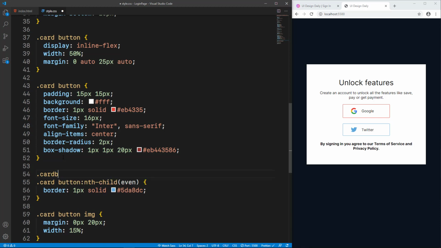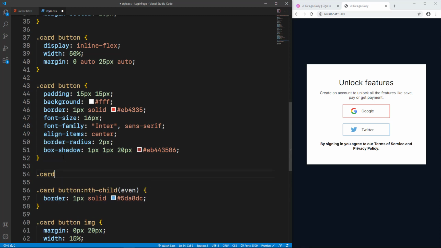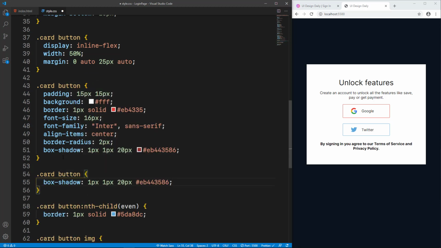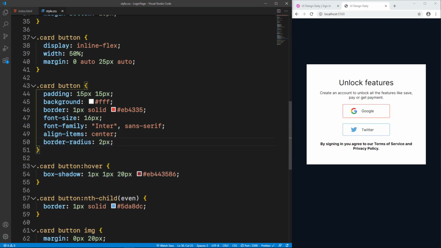Let's say card button, and now I want to implement this, but we need this to happen when a user or anyone hovers over this. I'm just going to get rid of that for now, so we don't have anything. Once I hover over this particular input, or button,